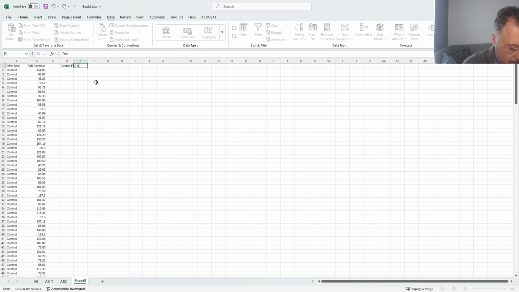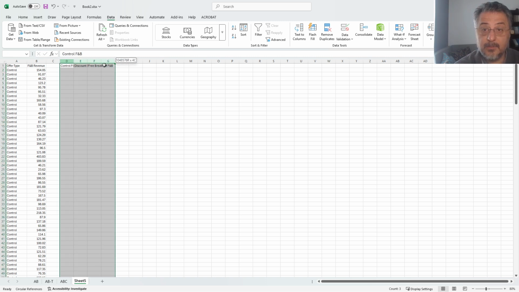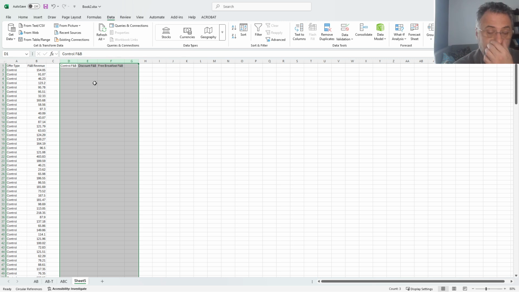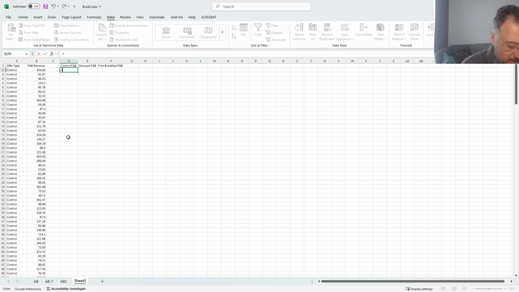Discount F and B, and free breakfast F and B. Look at this example, and please be sure to do these examples for room revenue and total room revenue as well. Now, how are we going to transfer only the control values? There are several ways to do it, but one of them is the easiest one to me, at least,